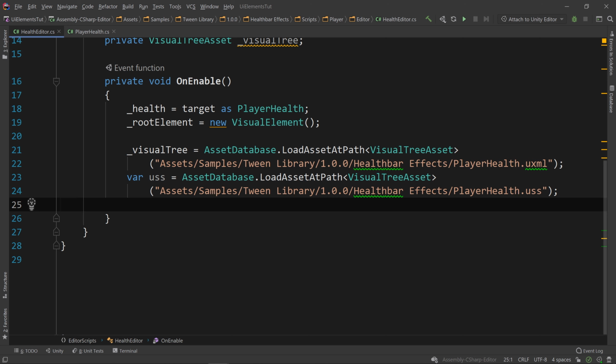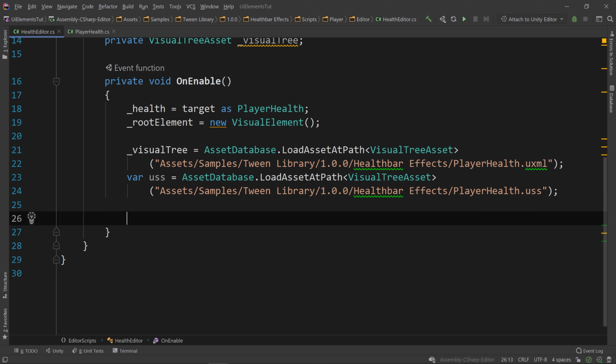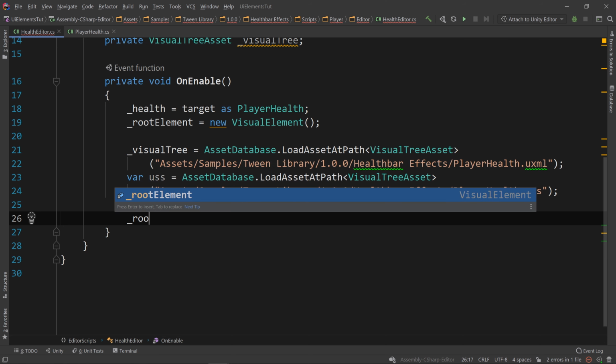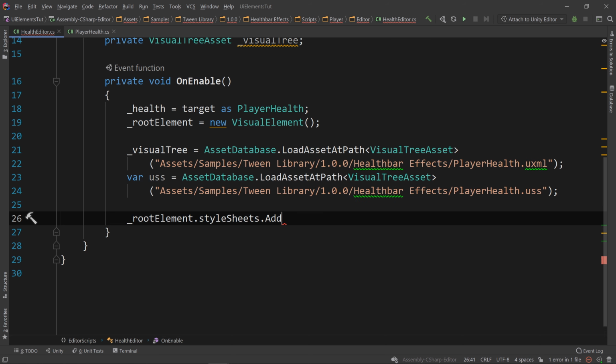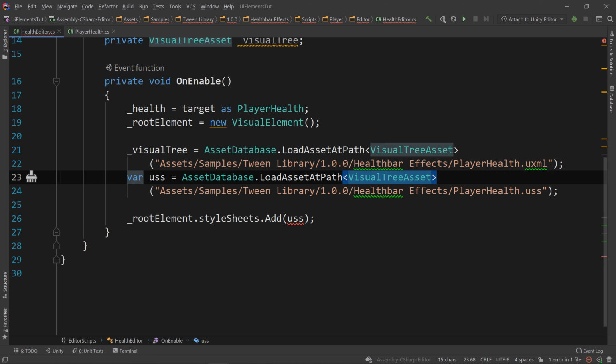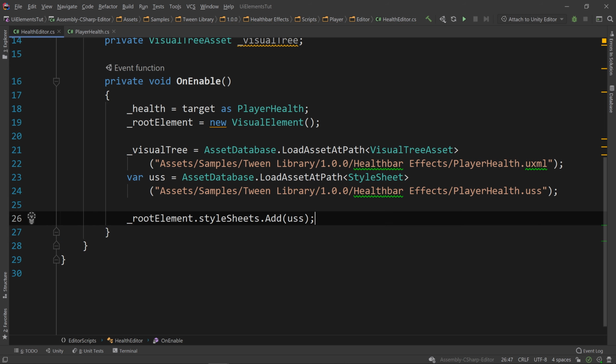Now after we've loaded our UXML and our USS classes, let's add the USS class to the style sheet of the root element that we created by saying _rootElement.styleSheets.Add(USS). And it's not working because we were loading our USS as a visual tree asset, but our USS is a style sheet. Excellent. We are actually done with the OnEnable function, and we only need to write technically one more line of